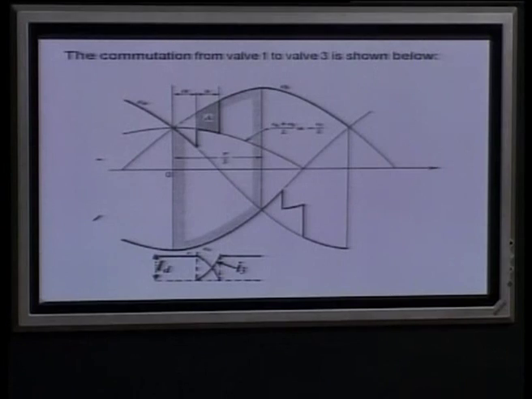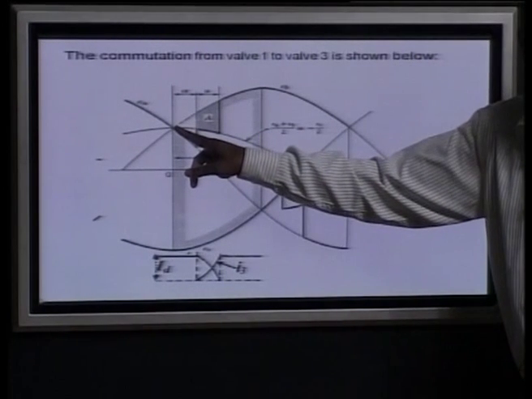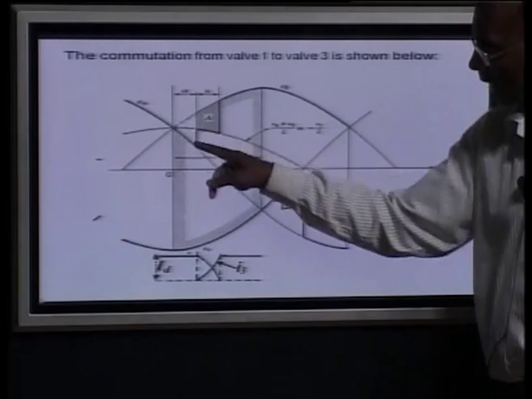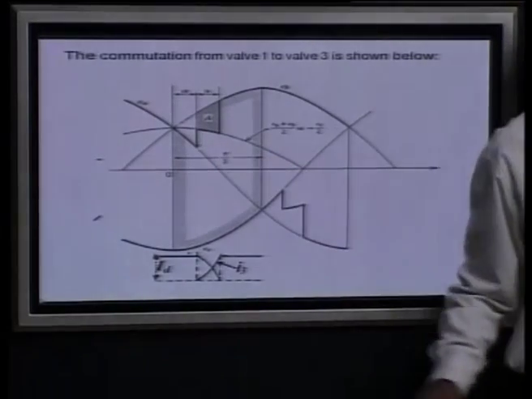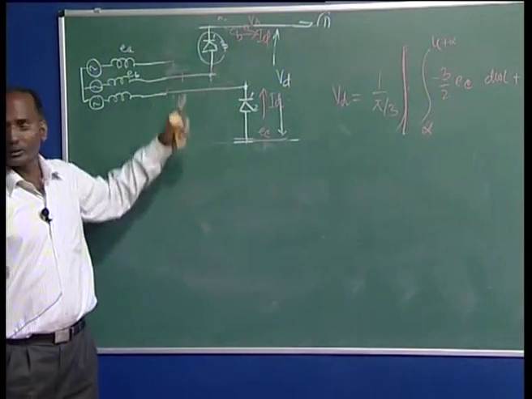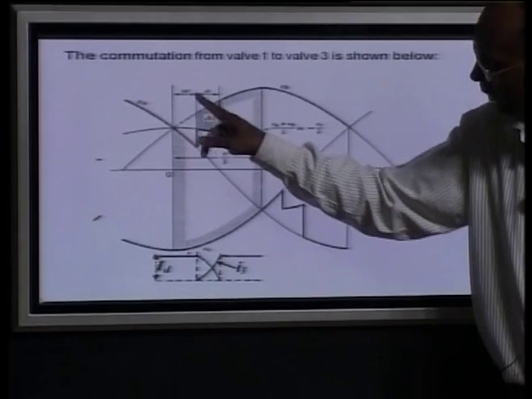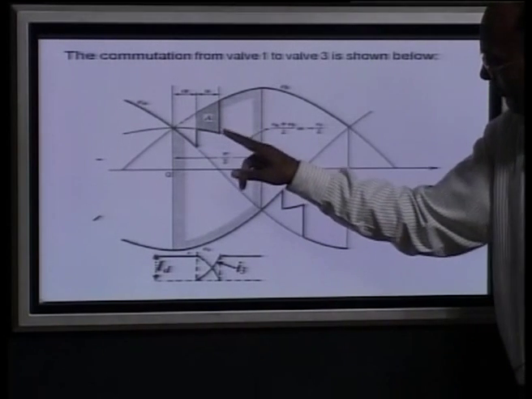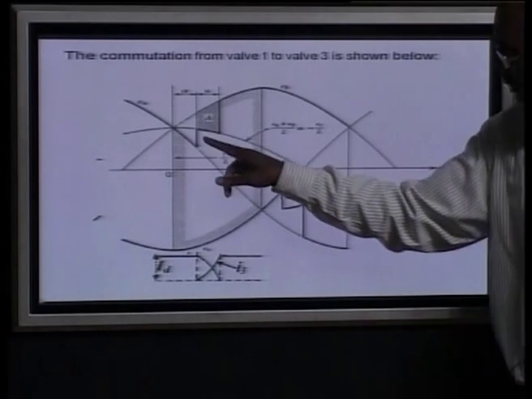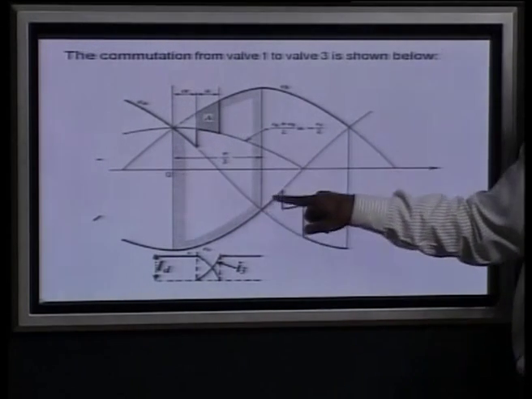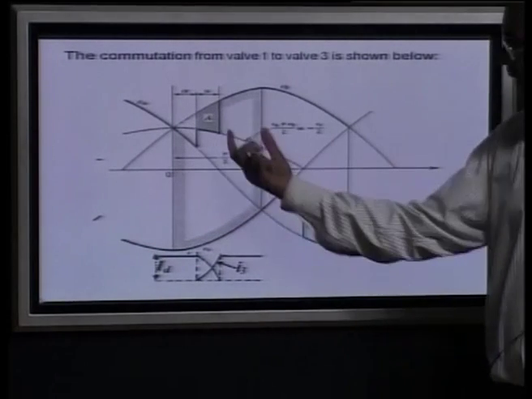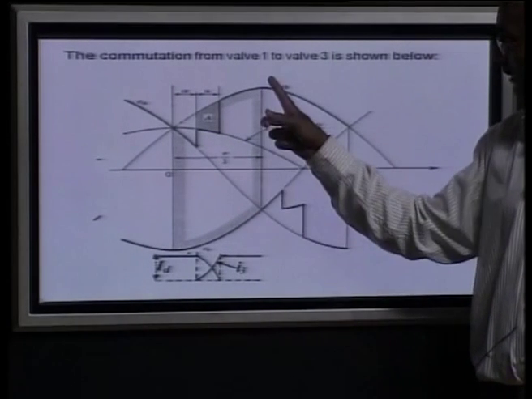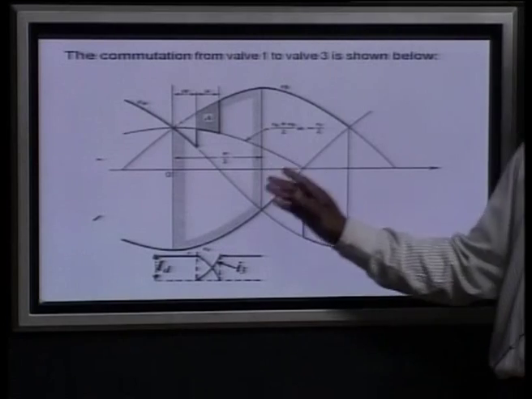You can see once this valve is fired here, then this period will be u, but we are delaying it. Once it is delayed here, E_A continues to conduct, which means valve 1 continues to conduct. Now, valve 3 gets the pulse at this point after the alpha degree delay. In this period u, you can see the upper limb valve has minus E_C by 2 coming here, and in the lower one E_C is continuing. So, in this period u, it is this minus this that is the voltage, and for the remaining period E_B minus E_C is appearing, and this is again repeated.